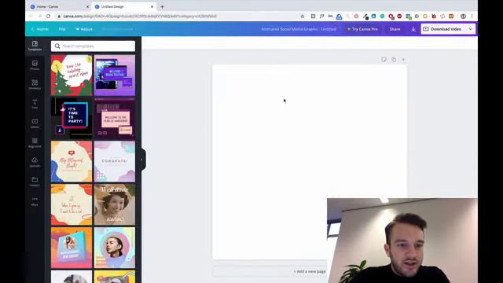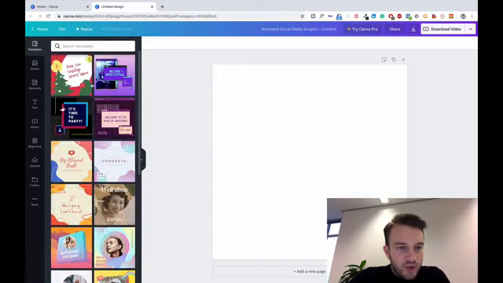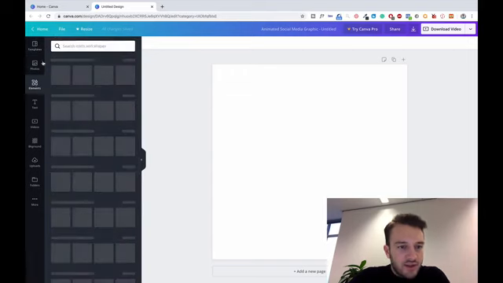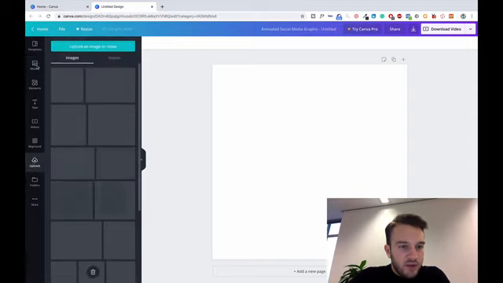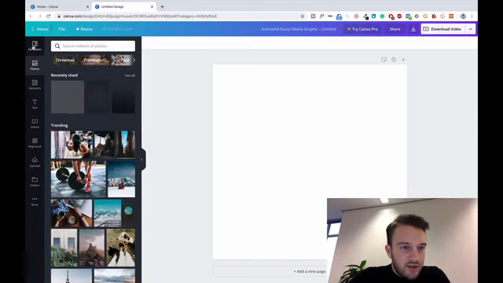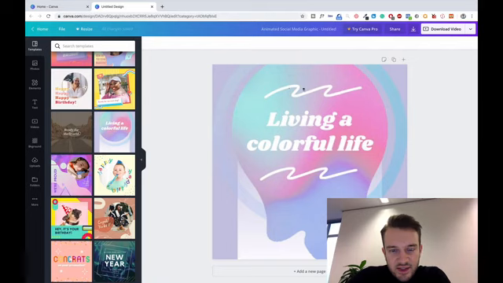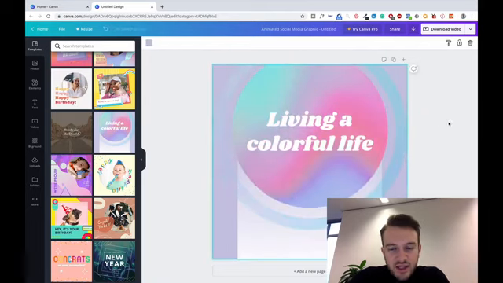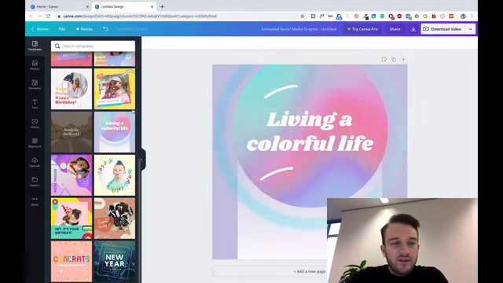So I click on a design. You've got all kinds of templates here on the left that you can choose from, and also you've got elements and stuff like that you can create yourself, and then you can also upload your own images here. So if we click on elements, you've got, like I said, all the shapes. Where are the templates? There we go, templates. So yeah, the animations, as you can see, living a colourful life. This all changes up. So yeah, Canva is definitely a great tool to use,